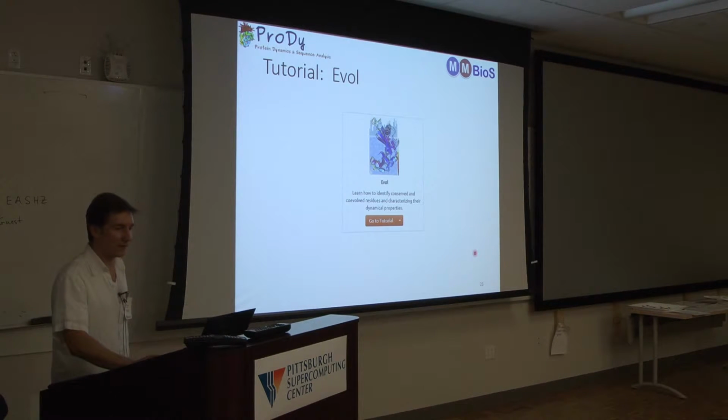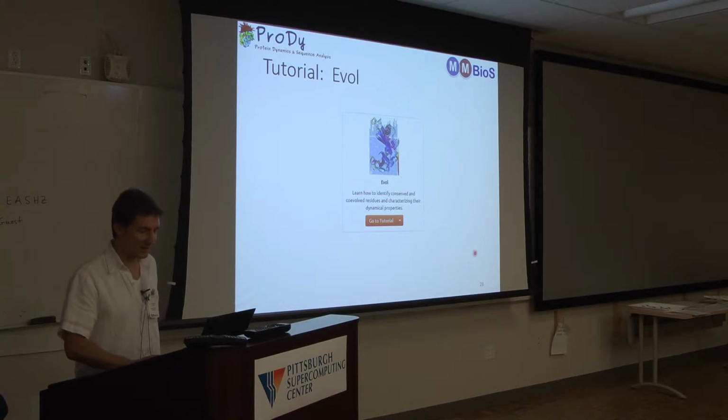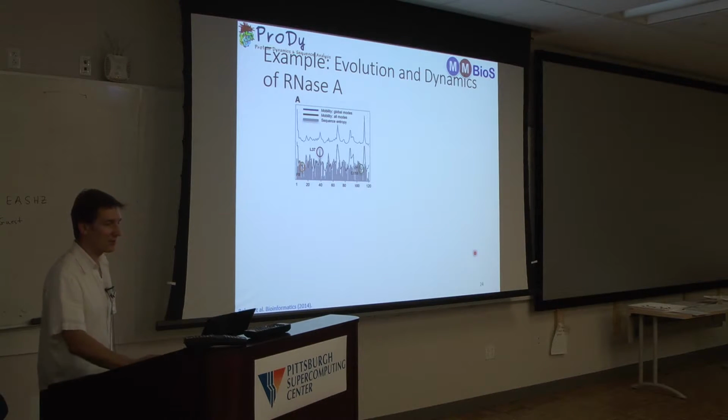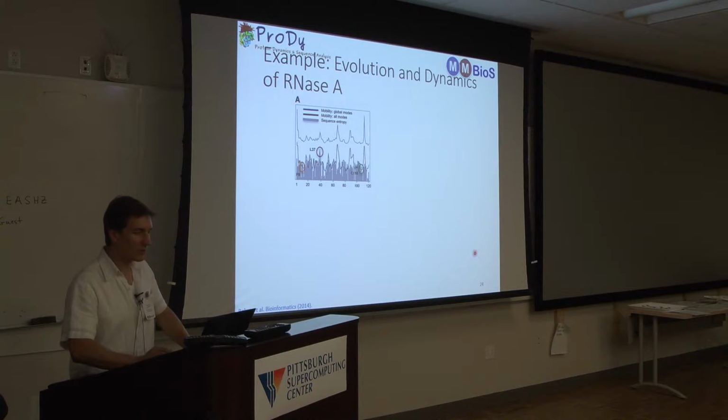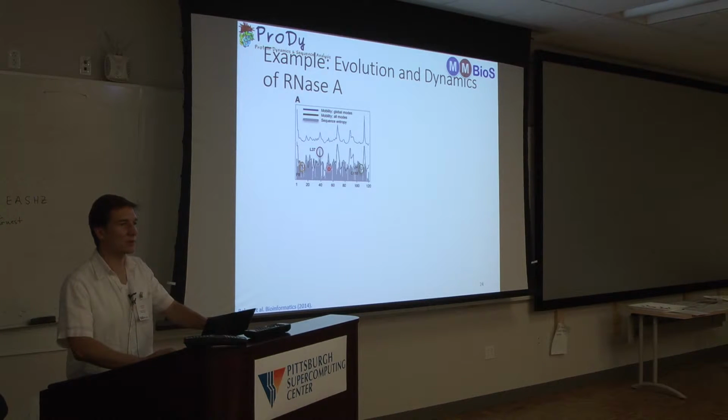And eval, so the evolutionary properties. Who will be talking about eval? Jihan will be telling you all about this. So he's probably our main programmer these days. And I will try to do justice to eval right here. So an interesting aspect of protein dynamics is that it is coupled with evolution. And we can look at that in a very simple way. These bars are showing sequence entropy. And by sequence entropy, I mean how stable a particular area in a sequence is. So how stable a residue is against mutations. Those low entropy areas are showing that,